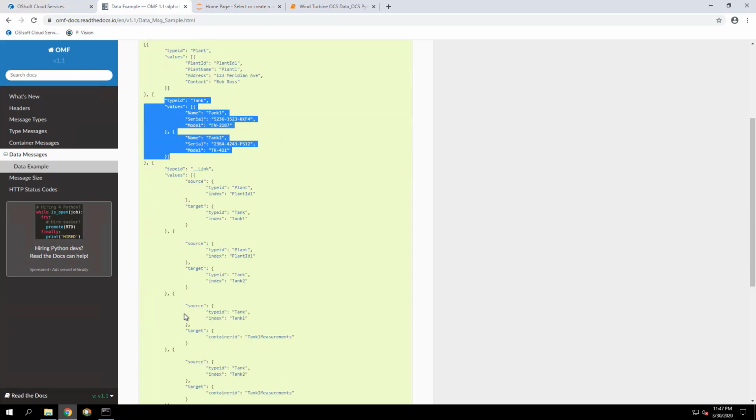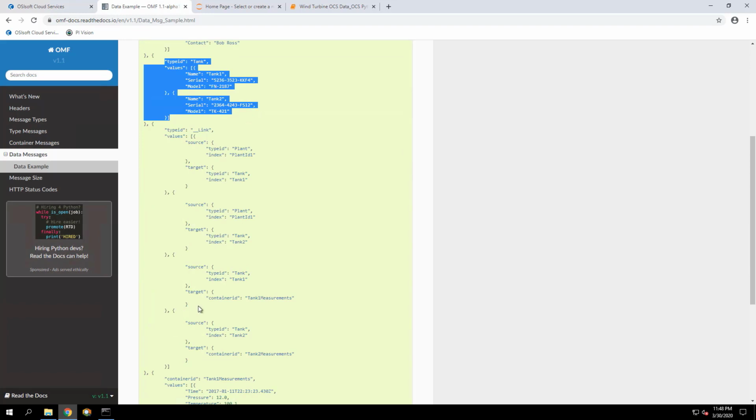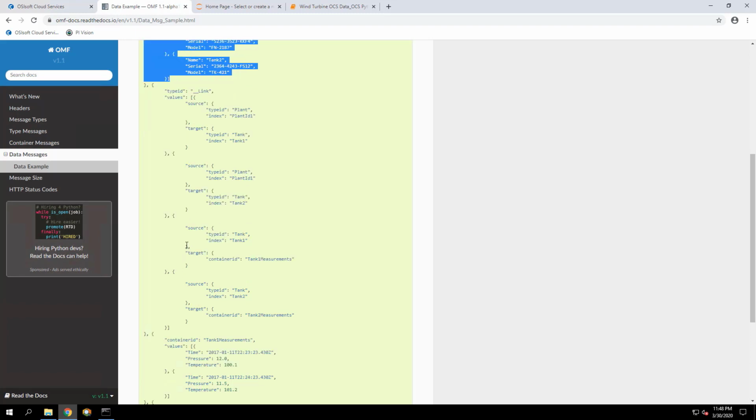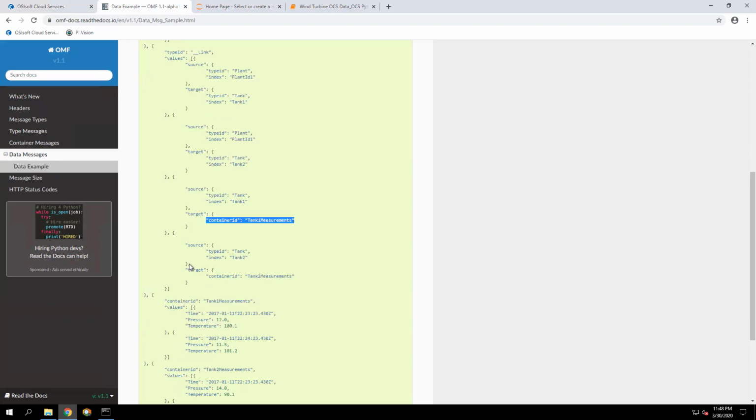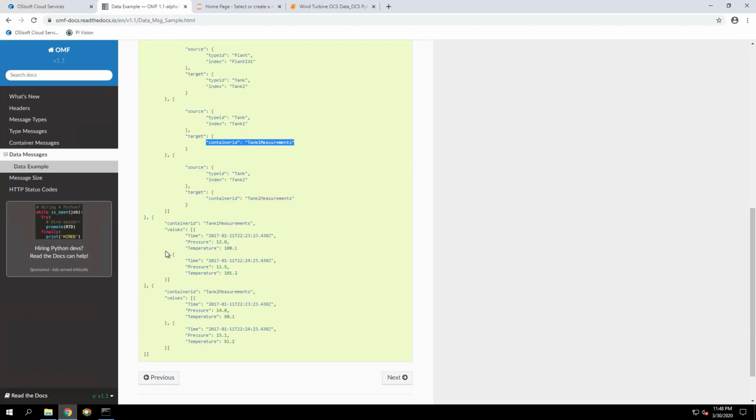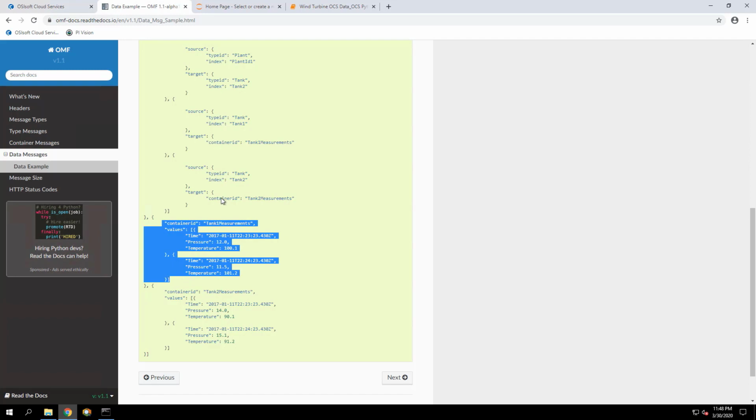You're pointing to the type ID, and then you specify the different values. The important thing is to specify the container ID so that you know to which tag you're sending those values. That's the stream, basically. Here is another set. Again, you specify container ID and then the values. Those are the three main types you can use in OMF.